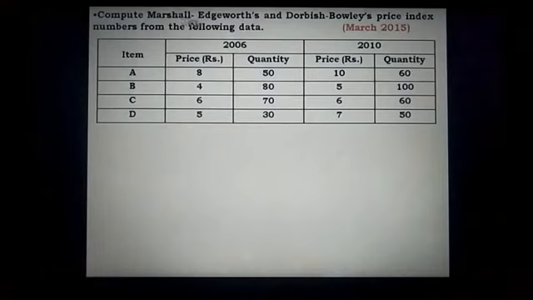After that, for the Marshall Edgeworth index number, when you are calculating, substitution is 1 mark and the final answer is 1 mark. There, 2 marks. And Dorbish-Bowley is also again substitution 1 mark and final answer 1 mark. There also 2 marks, totally 4 marks. So earlier 6 marks plus these 4 marks makes 10 marks. Each and every step you write has very much importance when a question is asked for 10 marks. So be very careful, students, when you are solving. All the steps are very essential.